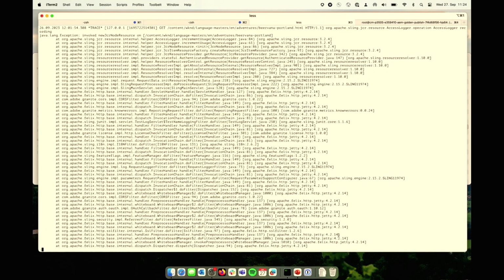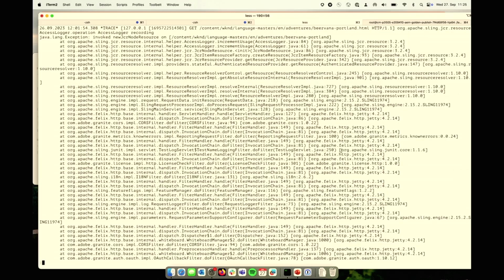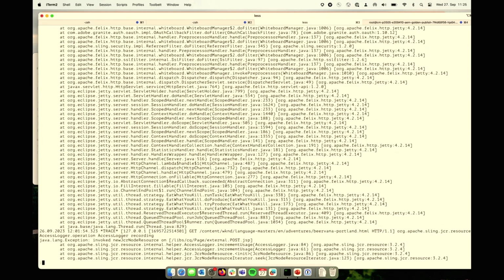Here is what you see. This is how a stack trace looks like. The interesting part is, of course, at the top. It says here, invoked new JCR resource on this path. And so it goes on and on, and you always have the whole context. And of course, you find a ton of Sling, you find a ton of AEM code, but if you run your own stuff,